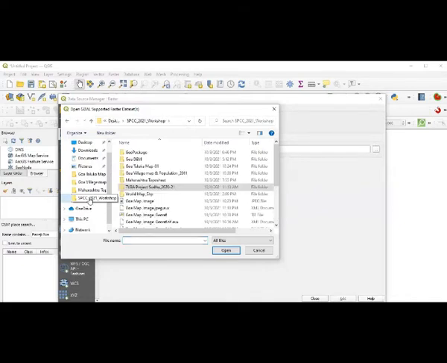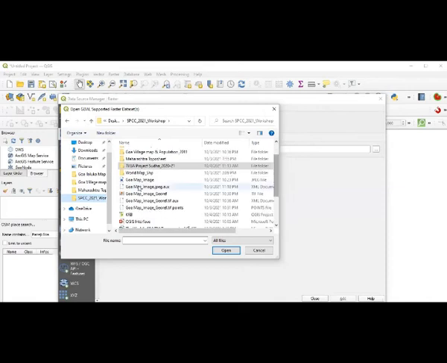Now, I would like to take you back to the one which I have saved today, that is SPCC 2021 workshop. This is Srimati Parvati Bai Chogle College. In that name, I have stored some of the data. If I want to go for any of the data, right now I will take one of these Goa map images. This is a raster image, and I will click here, open.